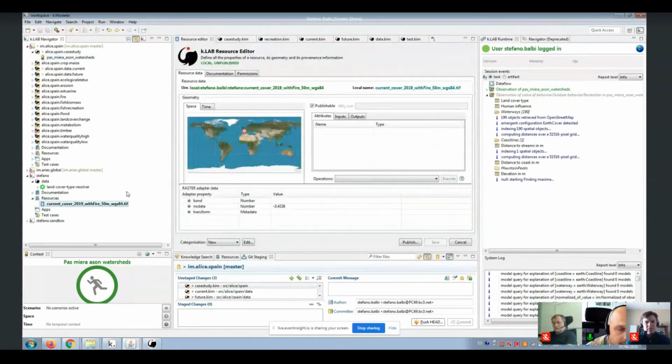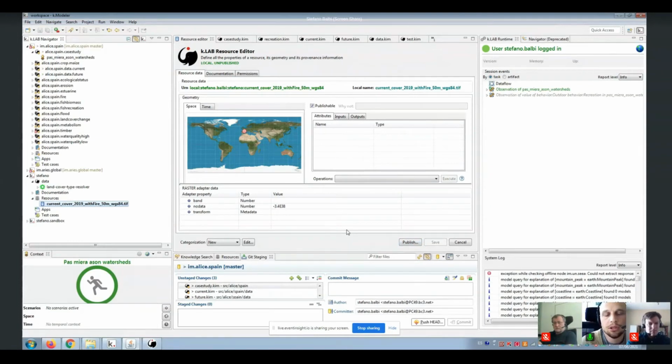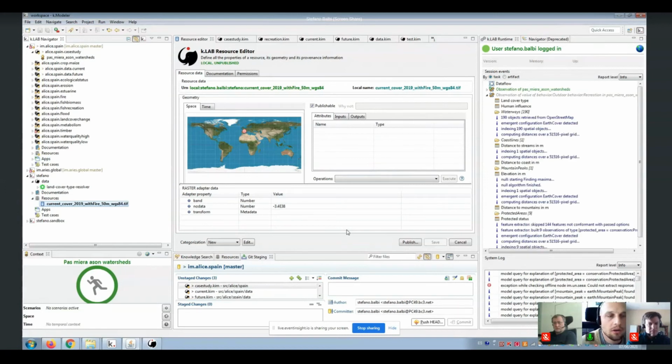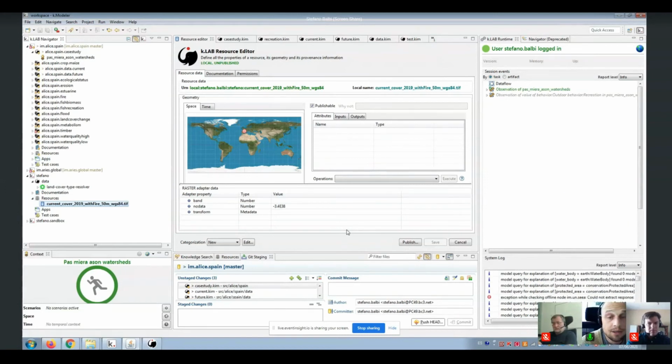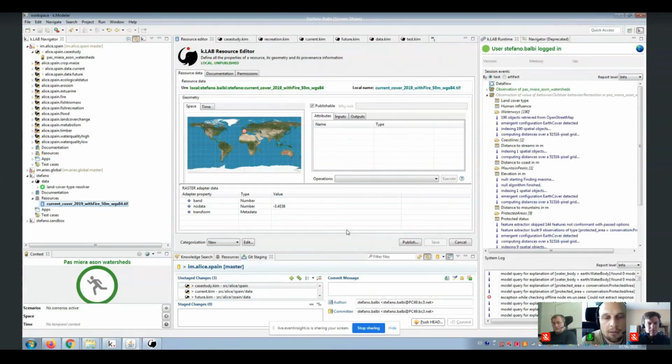You click on the editor and you go to this section and click on publish. This is not available now, but basically what this will do is to push your data into a node provided by us, and this will be made available for all the users of the semantic web. But this is only an option, and it's not available at the moment.